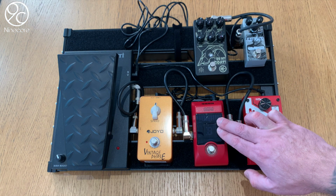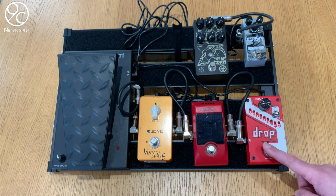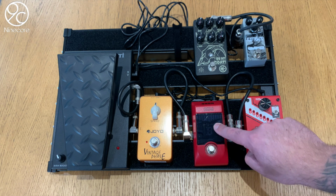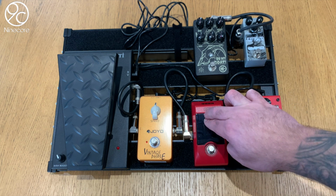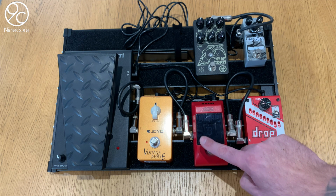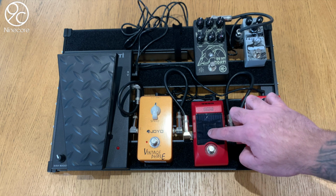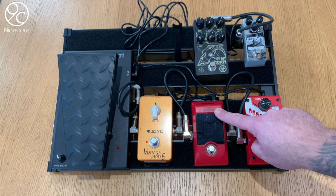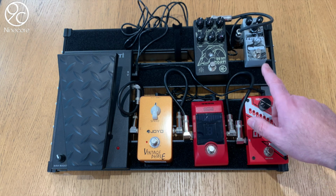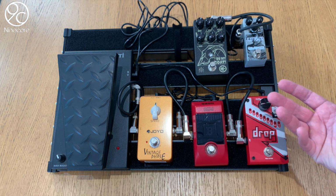Now the reason that goes behind the drop pedal is obviously if you click this button here and you change the tuning of your guitar, you then need to know that this pedal is working. In a live situation that can be quite tricky, so if you put your tuner after this pedal, you can click the tuner, and as you turn on the drop pedal, you'll be able to check your tuning before you start the next song. My Pitch Black here is set so it mutes, so basically when I hit that pedal I tune and you can't hear the notes coming out of my amp, because in between songs or tracks or whatever